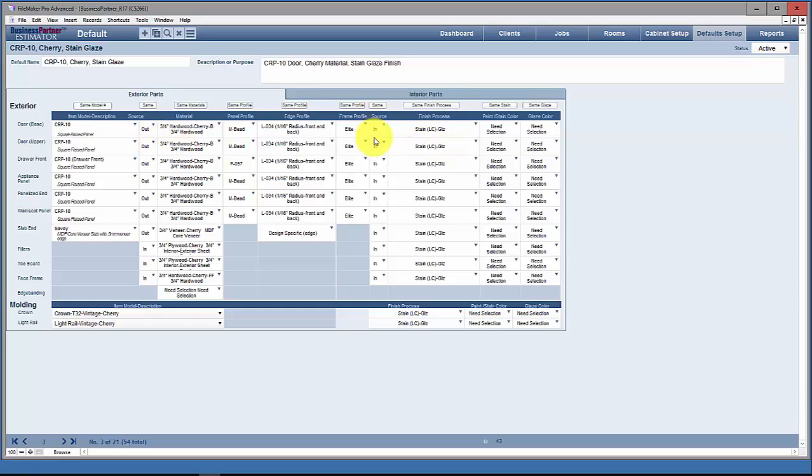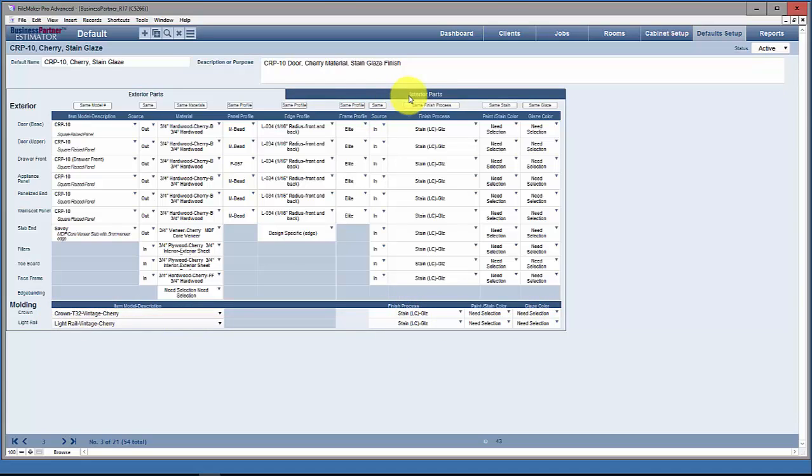Are you going to outsource it to someone, or are you going to do it in-house? In this case, we're doing all of it in-house in this particular default, but you could be outsourcing. A lot of the companies like Conestoga and Wallscraft are now offering their products in a pre-finished option. So down here at the bottom we have our molding, crown mold and light rail, and the finish process for